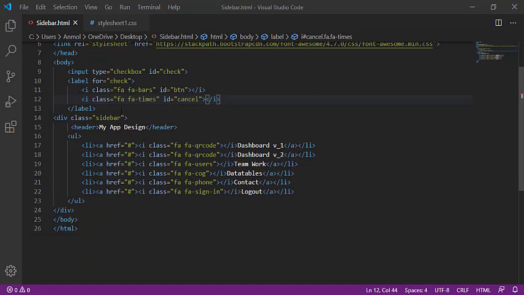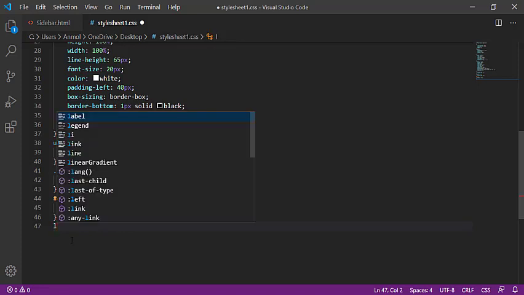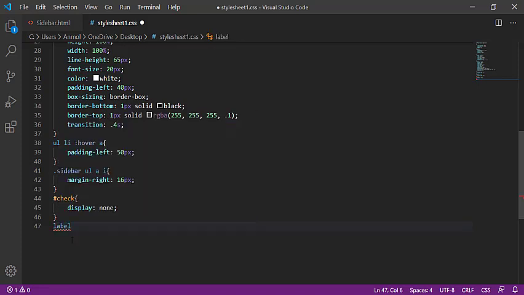Now apply the styling on the main work, calling the ID check, display none. After this I am adding the tag label and then calling ID btn. Same for the cancel.